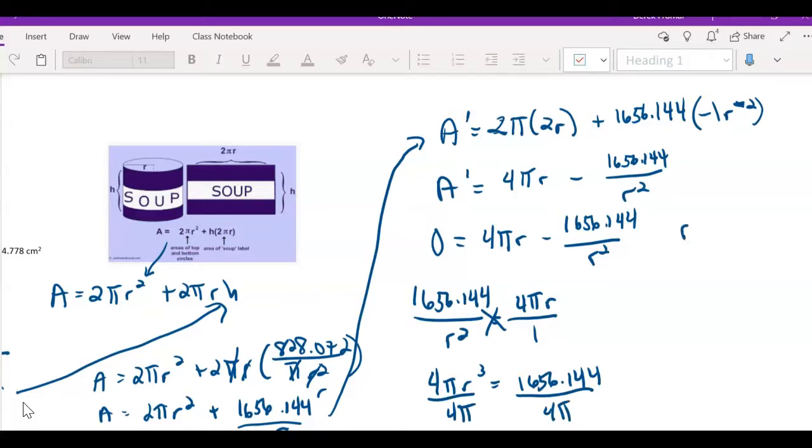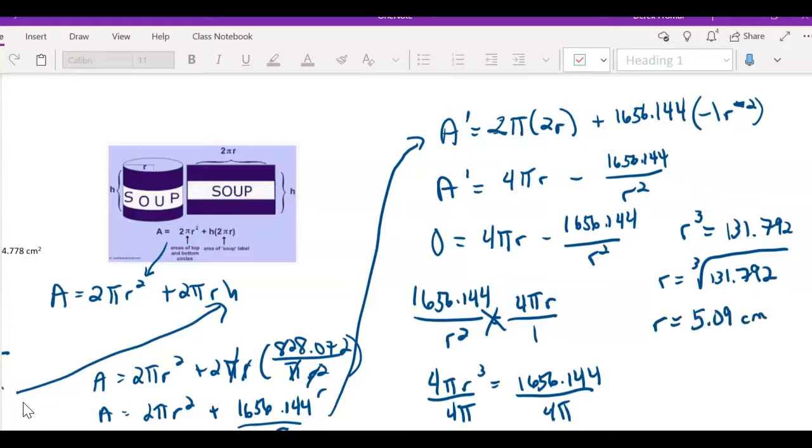And I get r cubed is equal to a decimal, 131.792. If I take the cube root of that, I get that r is equal to